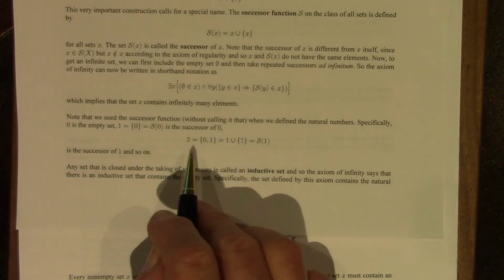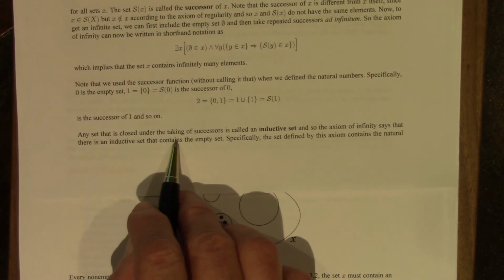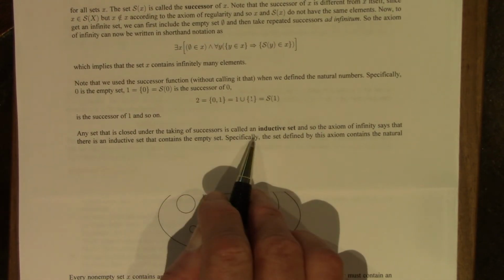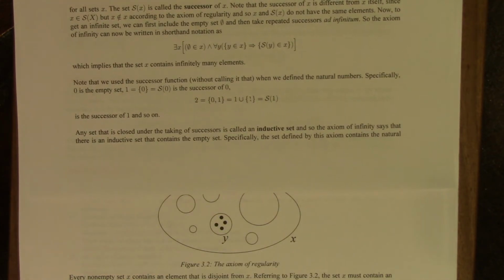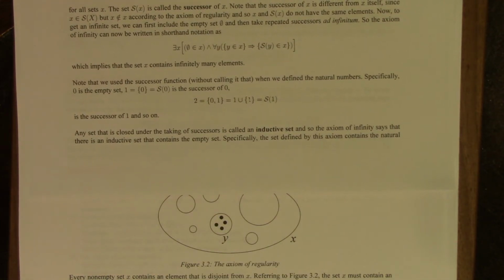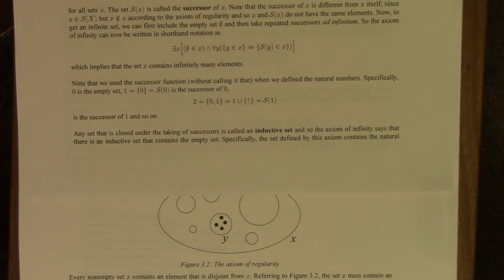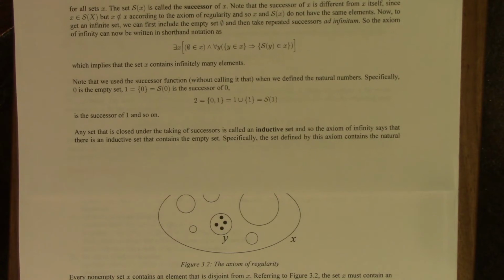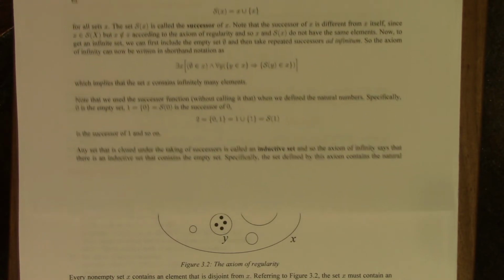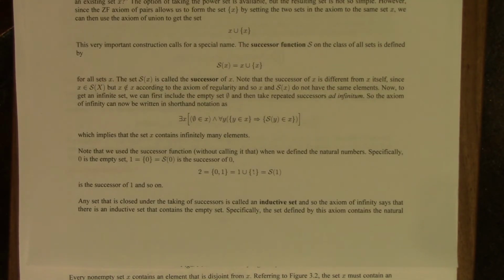Any set that is closed under the taking of successors, which means that if you take any element in the set, its successor must also be in the set, is called an inductive set. So what the axiom of infinity really says is that there exists an inductive set that contains 0, or the